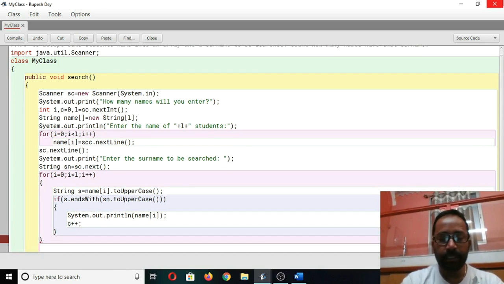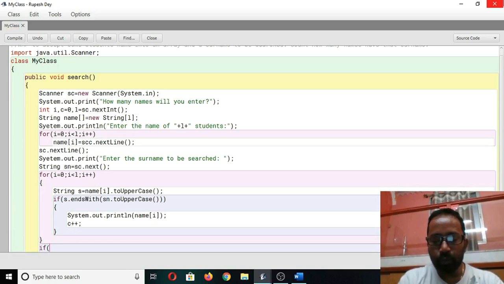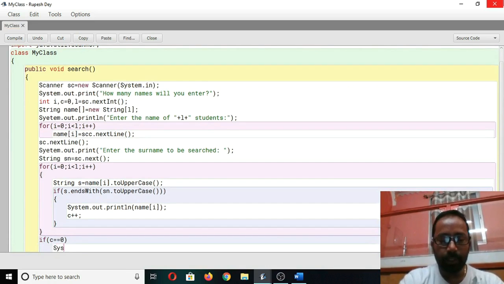After the loop we will check the value of c like the last program. If c is equal to 0, we will print one message.